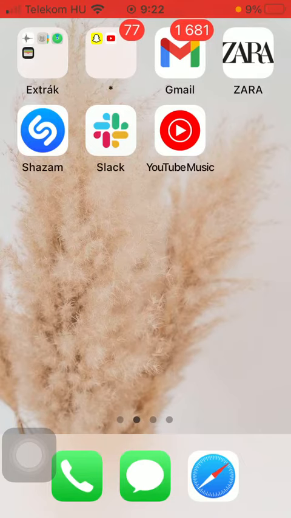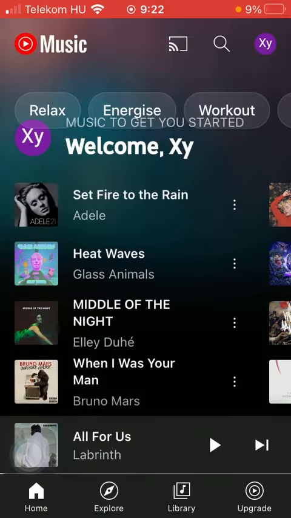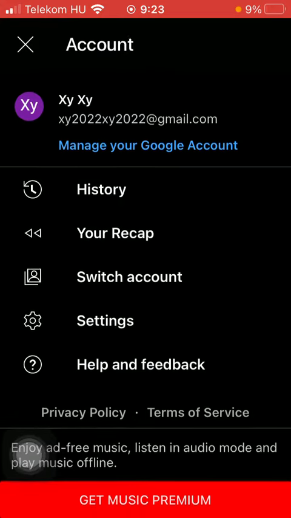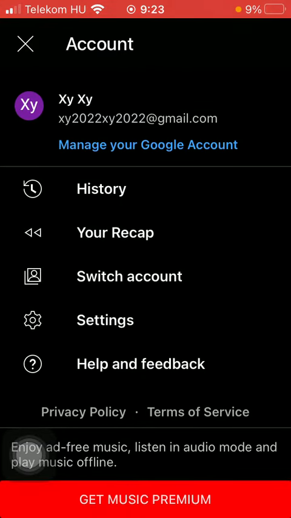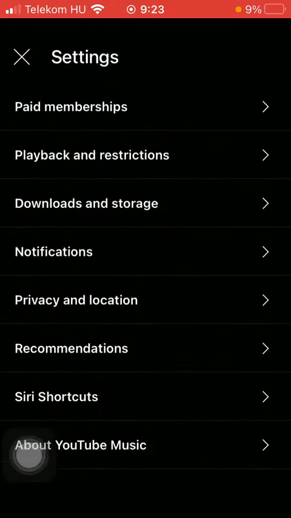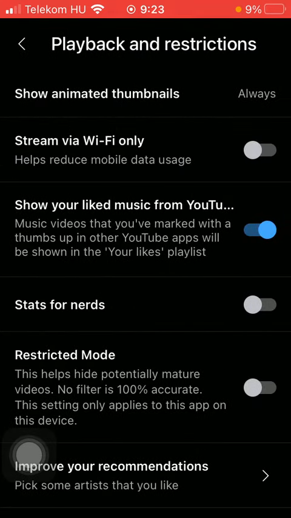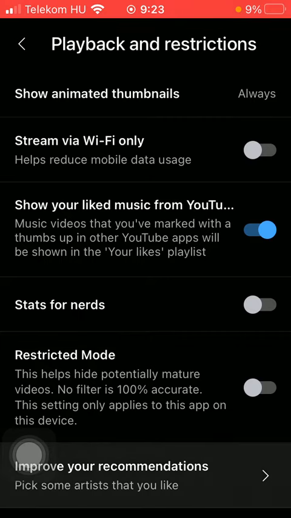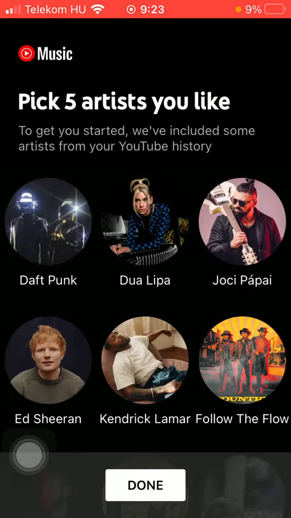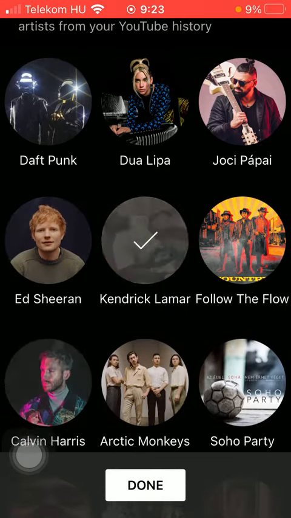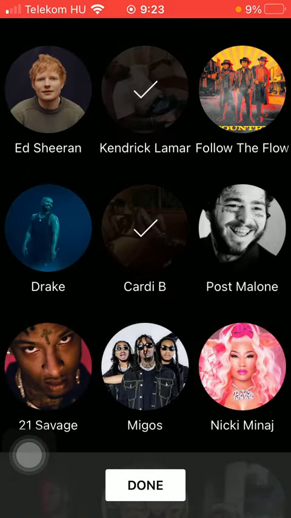First of all, open the application on your phone, then tap on the profile menu in the upper right corner of the screen, and then you should tap on settings. Here click on playback and restrictions, which is the second option, and after that tap on the last icon, improve your recommendations. Here you should pick 5 artists that you like, and after that